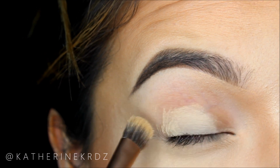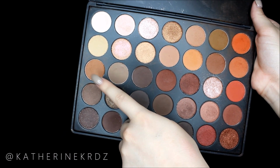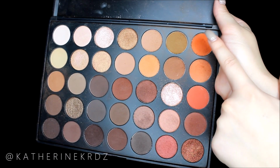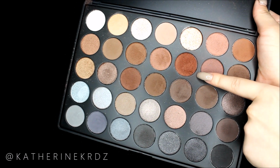Moving on to the eyes, I am making sure to apply MAC Paint Pot in Soft Ochre all over my eyelid. Then using my Morphe 350 palette, I am taking this taupey brown, a little bit more of a warm orangey tone, and with my eye blender brush from Bobbi Brown, just making sure to really buff that into my crease evenly. Then taking the mixture of these two matte oranges, I am taking my Real Techniques Essential Crease Brush,